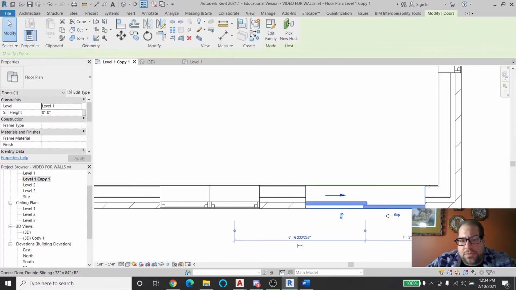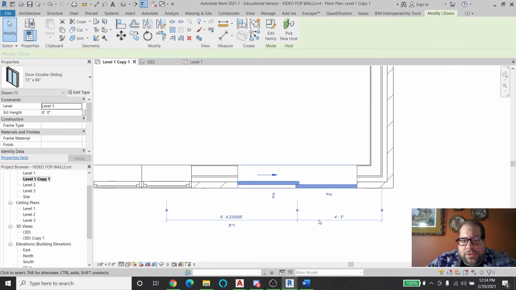Same thing with these sliding doors. If I click on the sliding door, you can see that the center of the sliding door is 4 foot 3 inches from the edge, but I'm really concerned more with the left edge and the interior face here, or maybe the exterior face. So I'm going to toggle this to the exterior face of the wall, and then I'll move this witness line to the left edge,